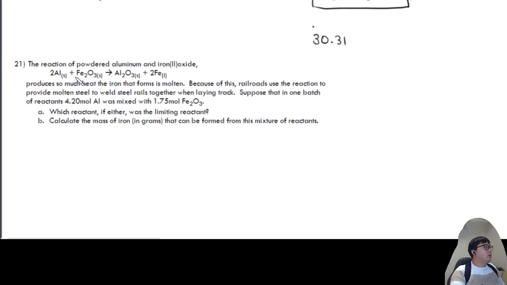So 2Al and 1 Fe2O3 reacts to give 1 Al2O3 and 2 Fe. So it produces so much heat from the iron that the iron forms molten. Because of this, railroads use the reaction to provide molten steel to weld steel, blah blah blah. So I don't care. Suppose that in one batch of reactants, 4.2 mole of aluminium was mixed with 1.75 mole of Fe2O3. So the equation is 2Al,